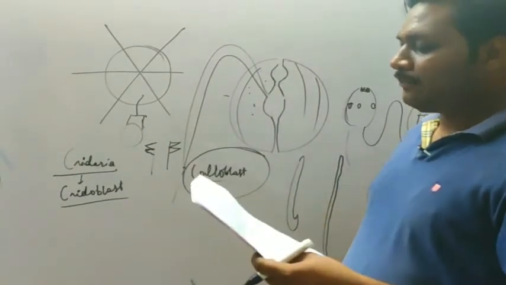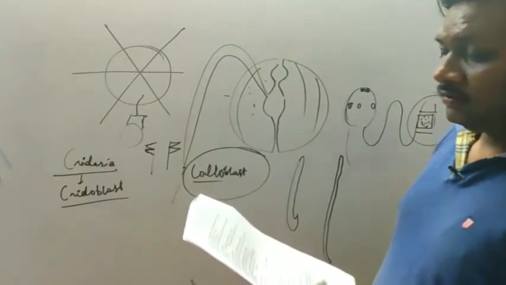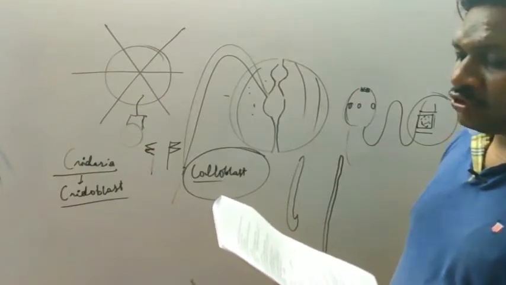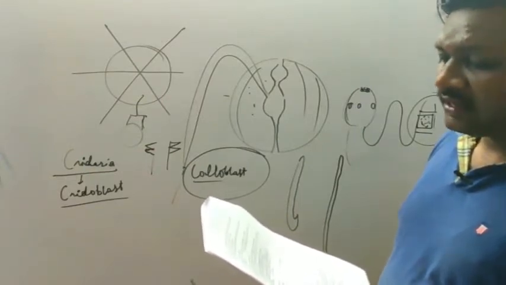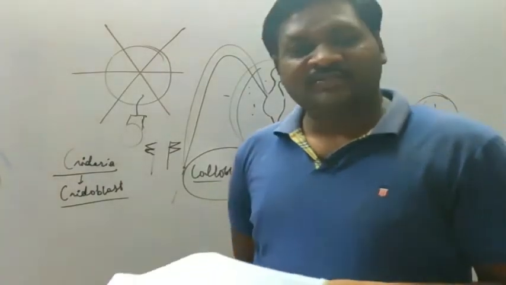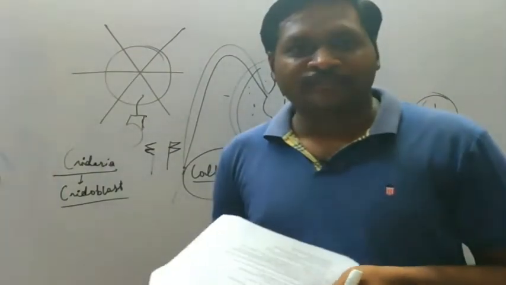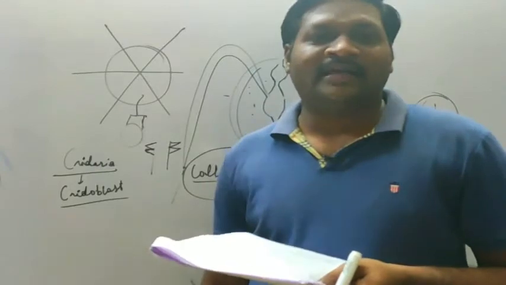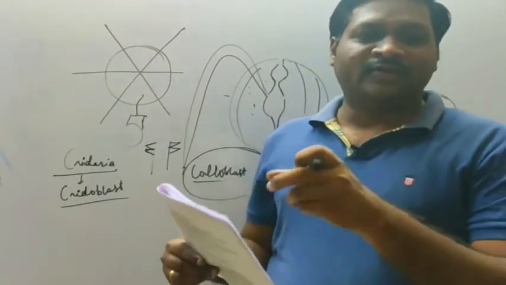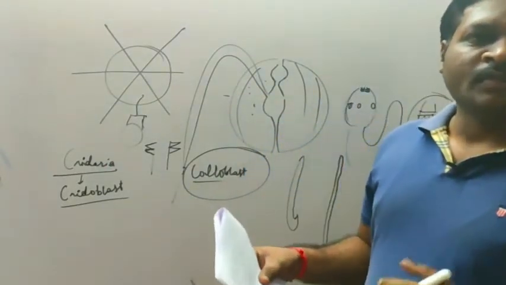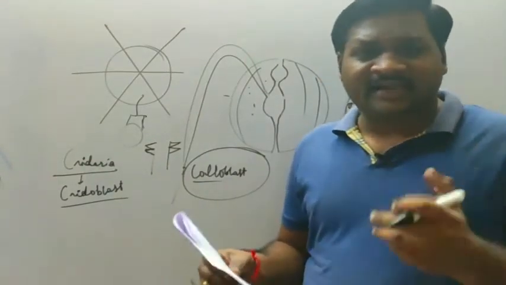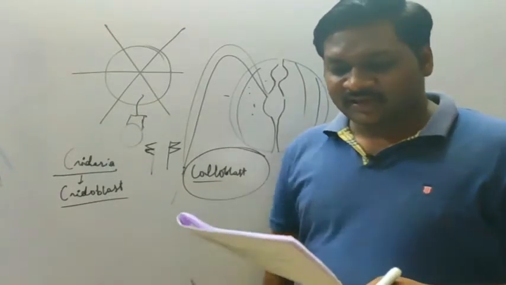Triploblastic, bilateral symmetry, abdominal appendages. Then bilateral symmetry, a pair of wings. Then option C, acoelomates, radial symmetry. Option D, exoskeleton, metameric segmentation and jointed appendages. So this will be the correct answer. They have the exoskeleton which is made up of chitin. Then the metamerically segmented exoskeleton can be seen, called sclerites. I told you about it when we were discussing the general characteristics of the arthropods, with the example of cockroach. Then jointed appendages are the characteristic feature of arthropods. So option D will be the correct answer for this.